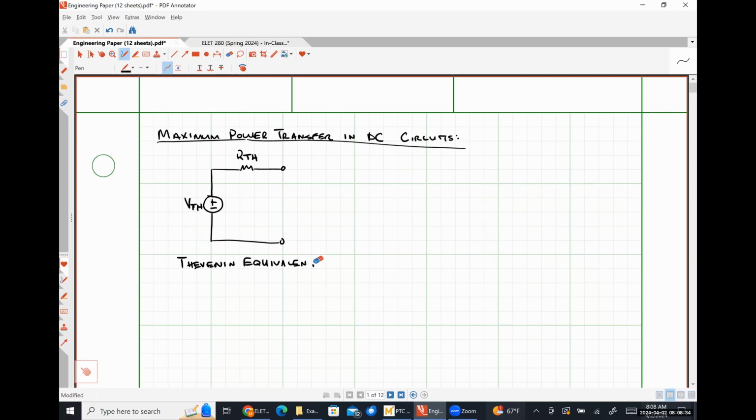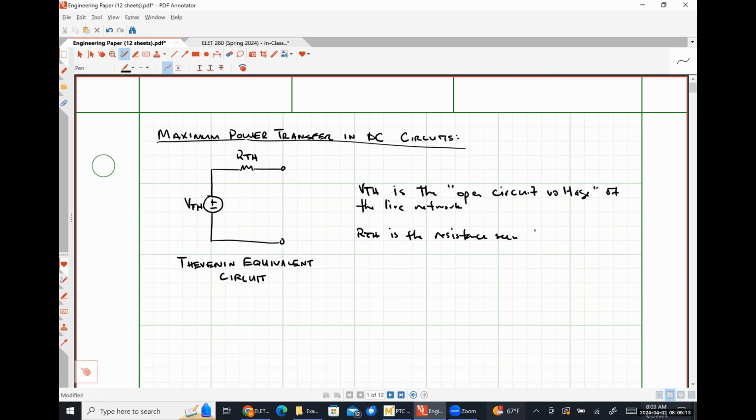So I put a G there instead of T. Where VTH is the open circuit voltage of the live network, and RTH is the resistance seen looking into the terminals